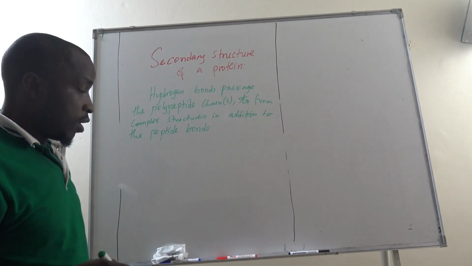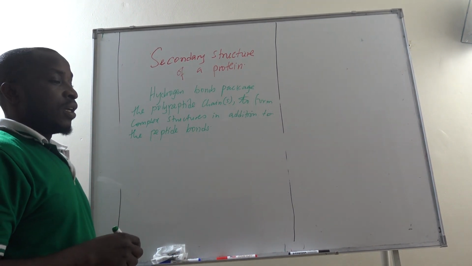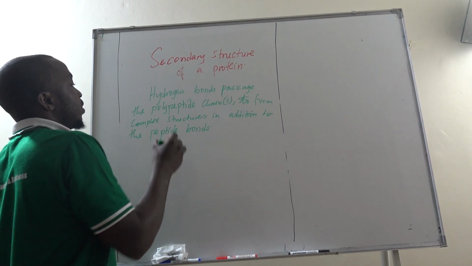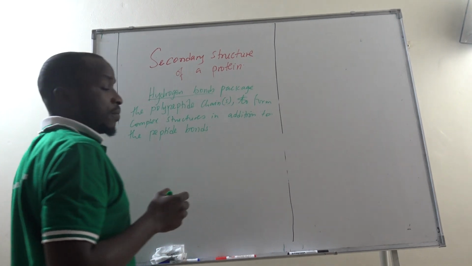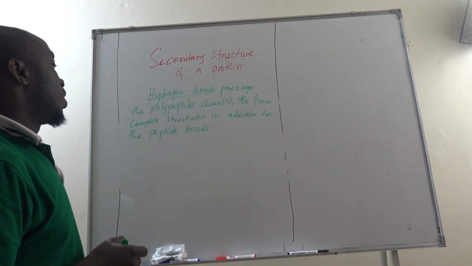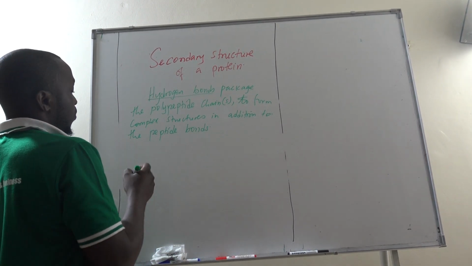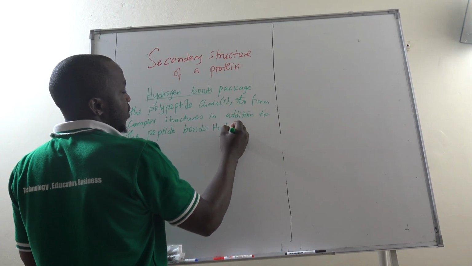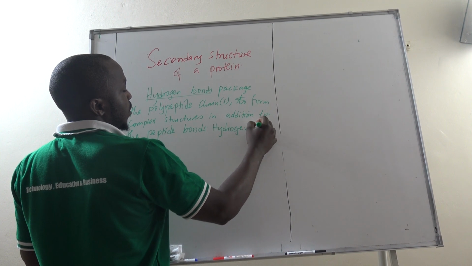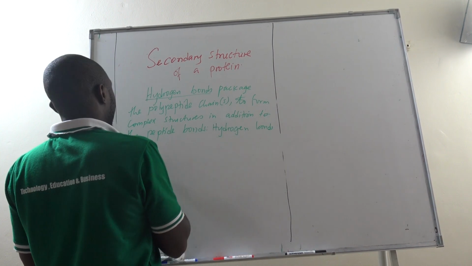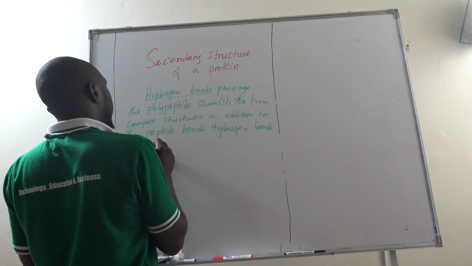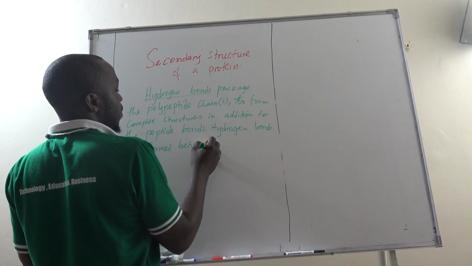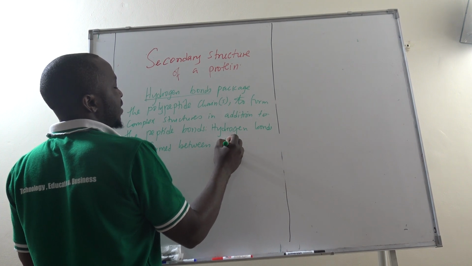So the peptide bonds that are present, those form the primary structure. But when we introduce hydrogen bonds, then we shall be talking about the secondary structure. So we can say hydrogen bonds are formed between adjacent